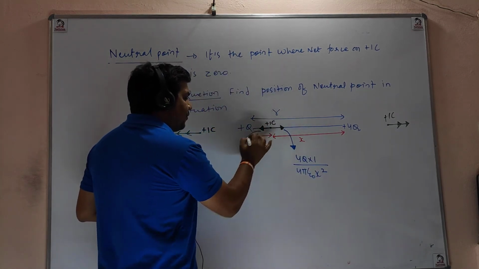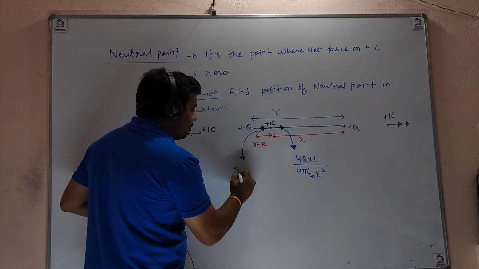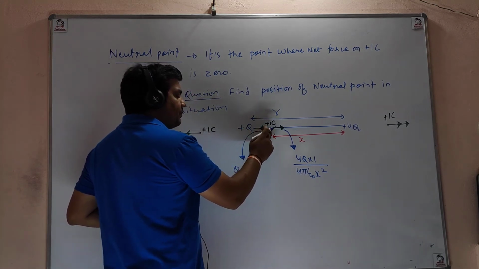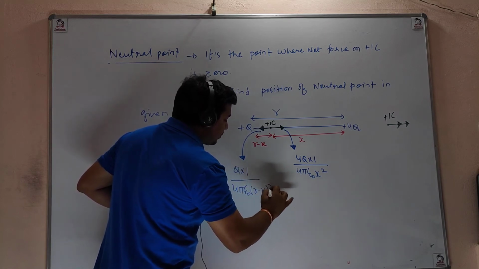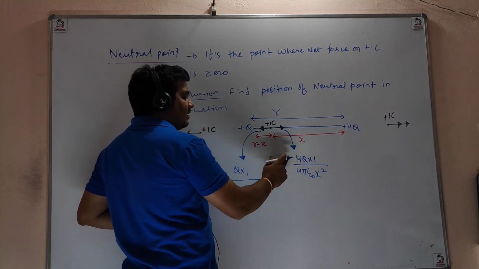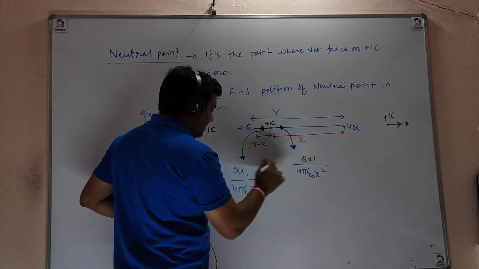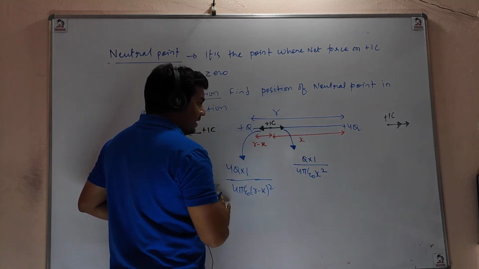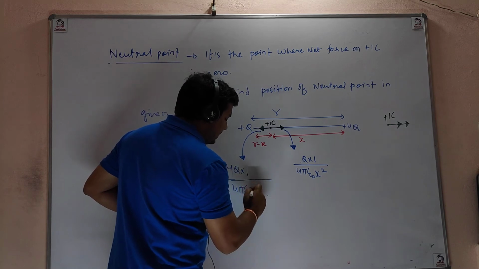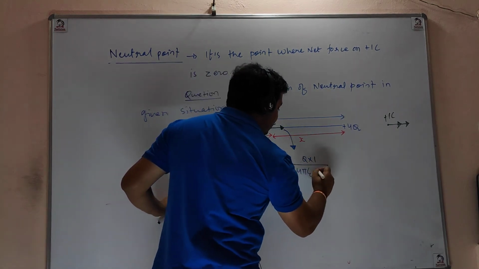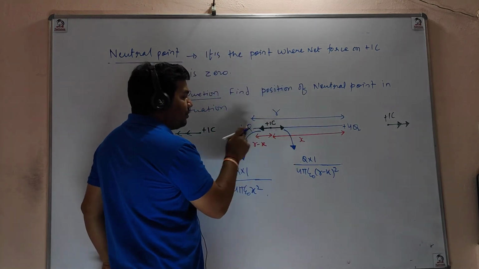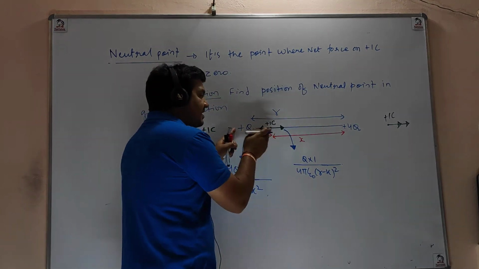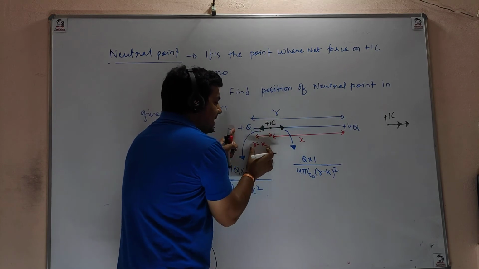And what is left hand side force? Q into 1, divided by 4 pi epsilon naught r minus x square, right? So this is left hand side force actually, and this is right hand side force actually, x square. I made a mistake. Is this correct now? Okay, so this is the force on 1 coulomb due to plus Q. Plus Q will repel this right hand side. So distance is r minus x. Q1 into Q2 upon square of distance.